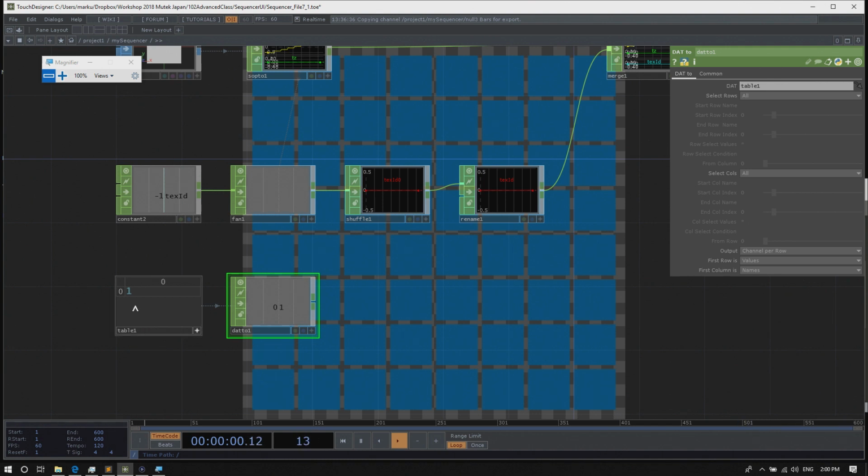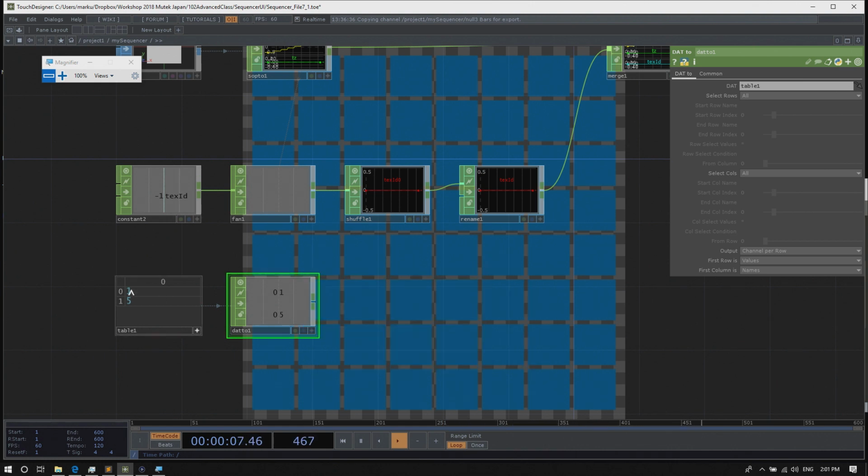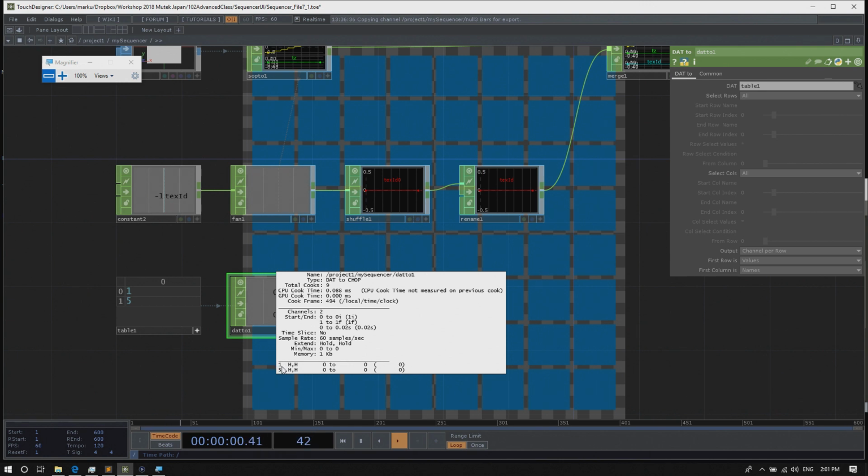The idea behind this is that we can now add button IDs to the table. For example, 1 and 5. And we get two channels, named 1 and 5, so the channels are ID'd as well, each with a value of 0.